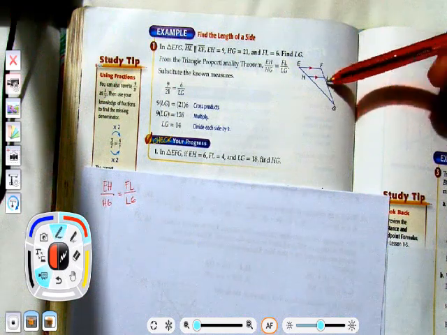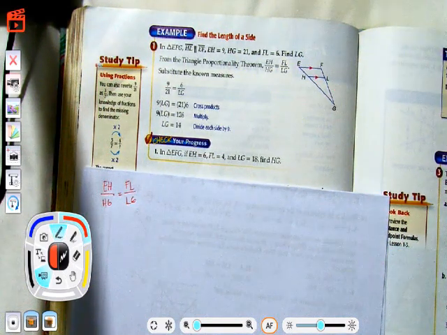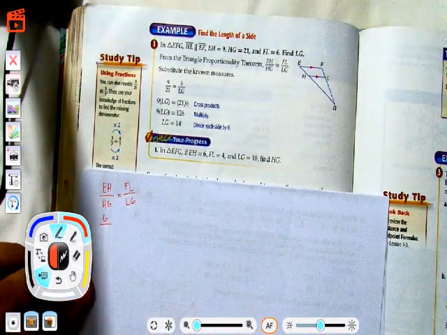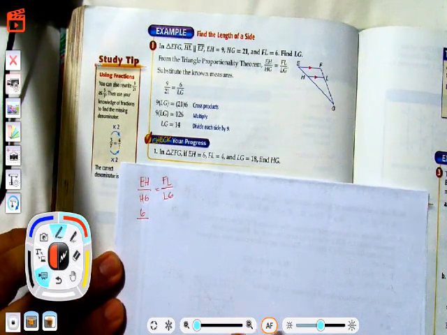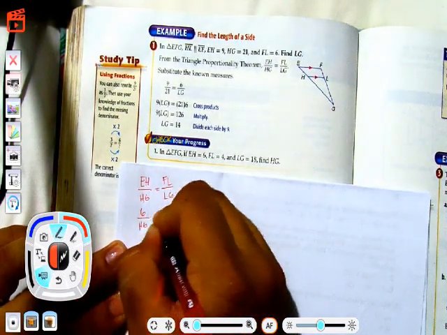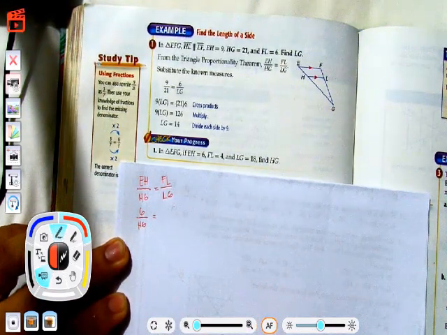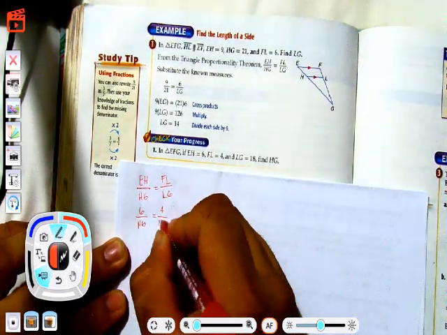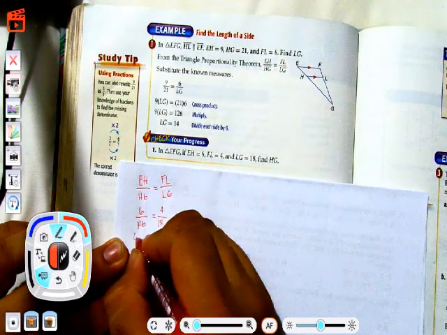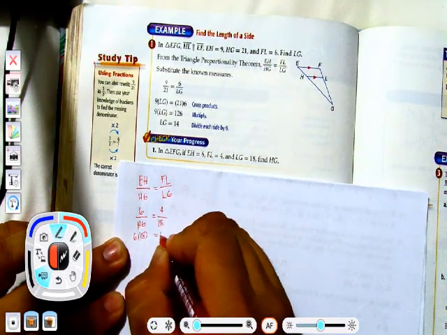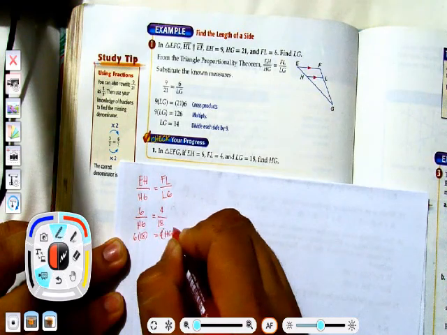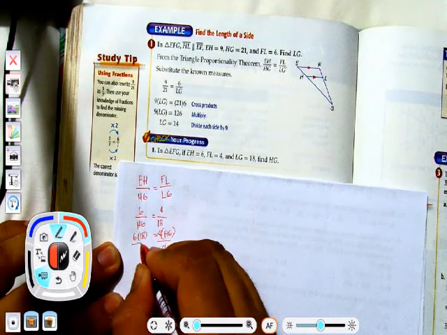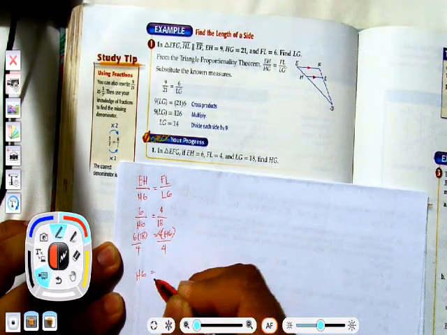One to find the segments on that side, okay, on the particular side. So with this, EH 6 over HG, which is the unknown, so HG equals FL 4 over LG 18. So cross product: 6 times 18 equals 4 HG. Okay, so divide both sides by 4. So HG is equal to,